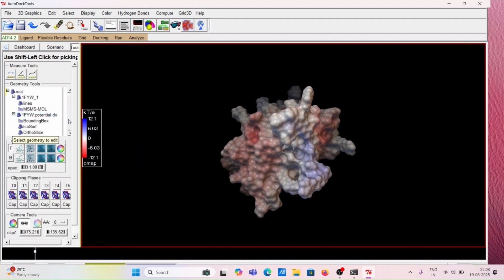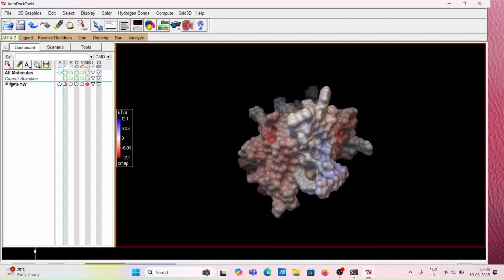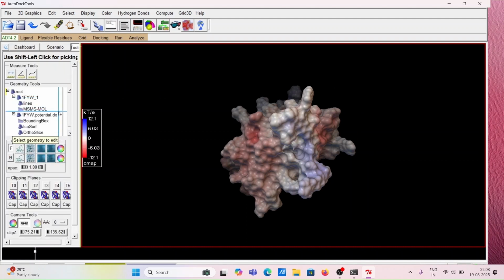and here we have to select which kind of representation we want to cut through. We can either go for lines or MS mole at this point, because we have selected lines and the MS mole surface representation. Because we want to cut the molecular surface and look for the residues beneath it, we will select MS mole,